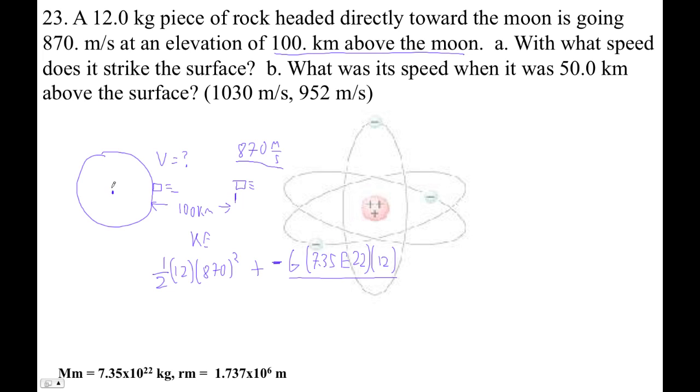That doesn't mean it's 100 from the center. So let's see. This radius is therefore going to be 100 times 10 to the third, because it's kilometers, plus the radius of the moon. When you're at the surface of the moon, this is how far you are from the center, right? So 1.737